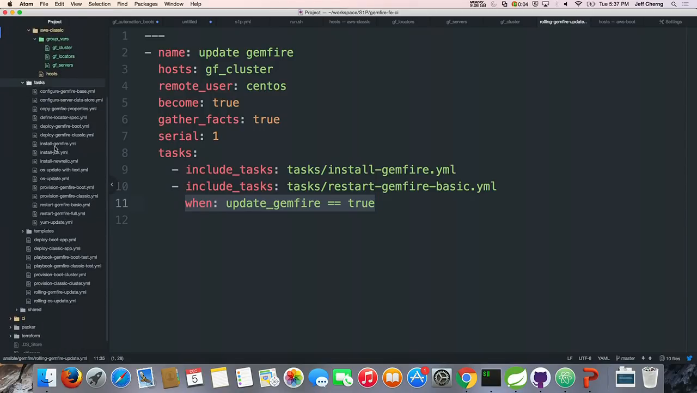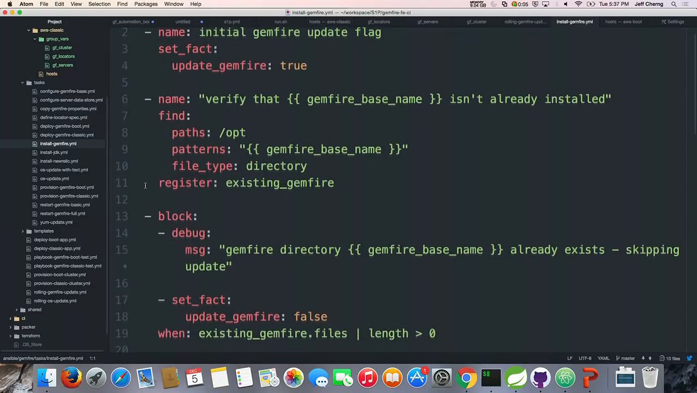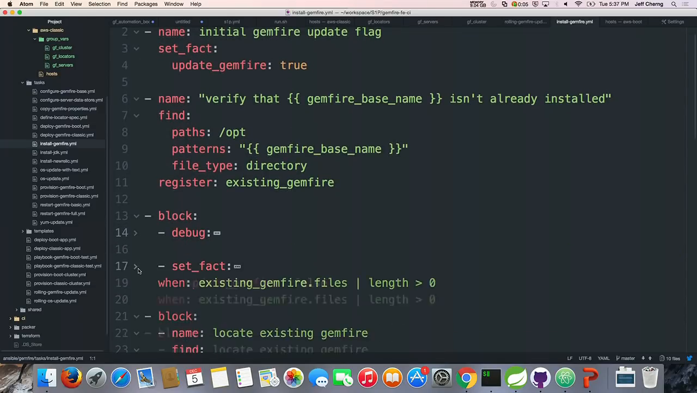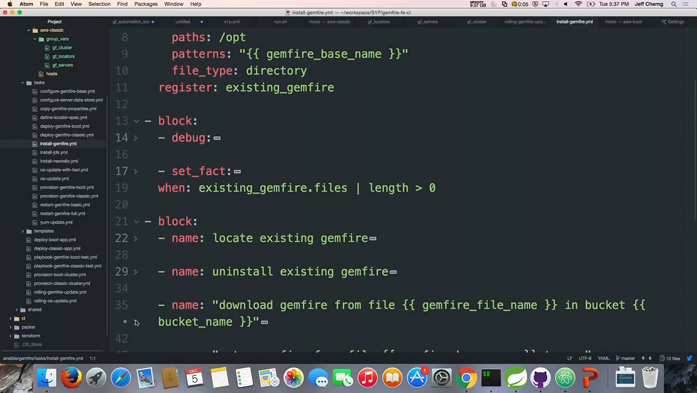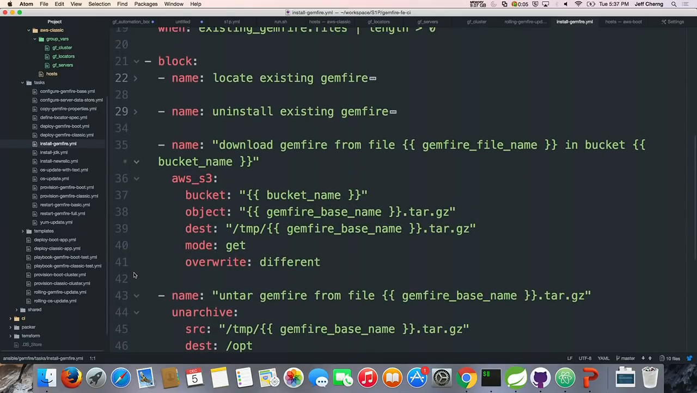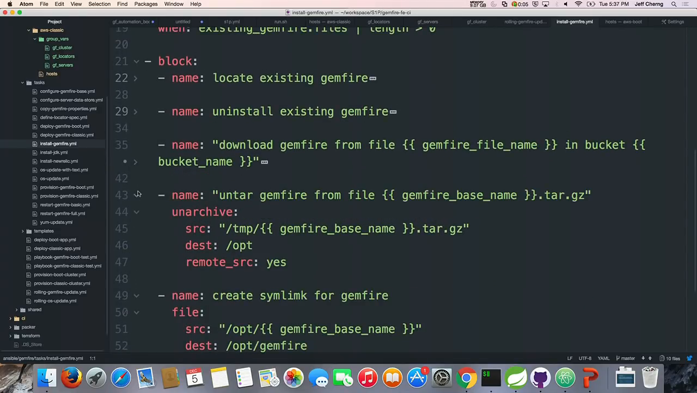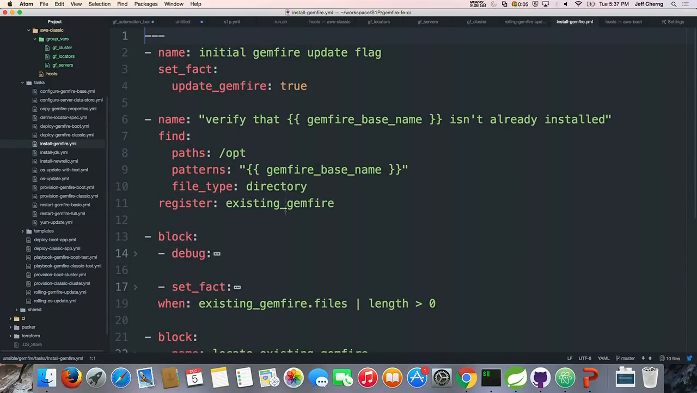We can look at install Gemfire. So Ansible is the very first thing we're going to try to do, so let me collapse those, make it easy to read. So the very first thing when we want to install Gemfire,